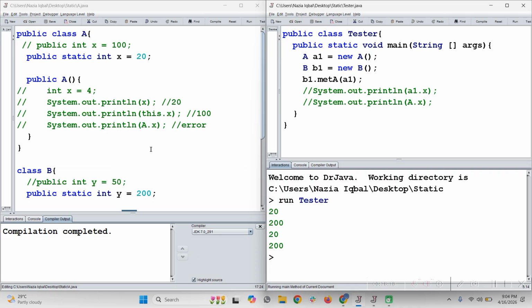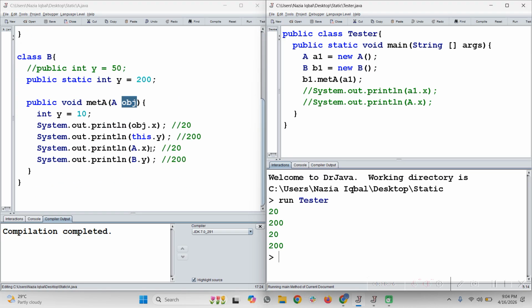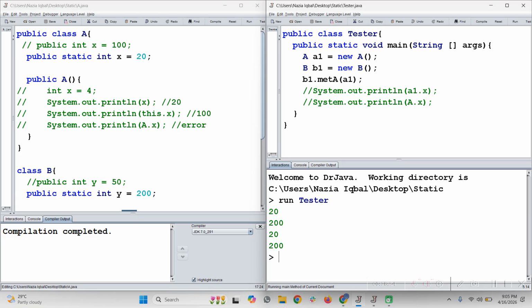Okay, so I have shown some different steps, where I have called a variable inside a method and inside a constructor. At home you can create another class, suppose class C. Then inside class C you can call the local variable, the instance variable or the static variable in different portions of the class, and then check which variable is possible to access in which scope. Okay, try this at home: assign variables in different places and see which one can be called and which one cannot. If any of you have any question related to this portion, you can ask,